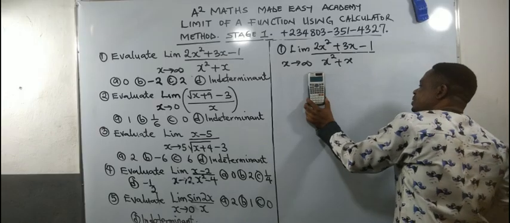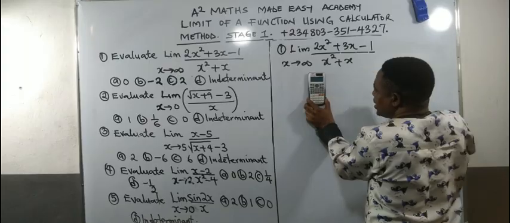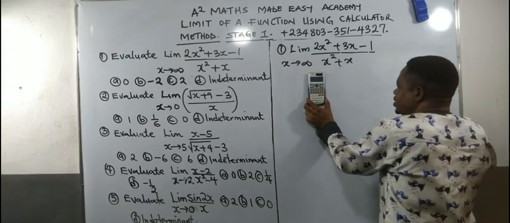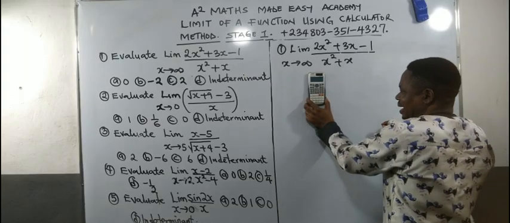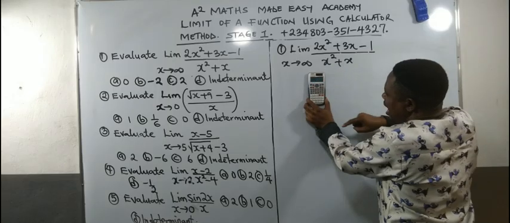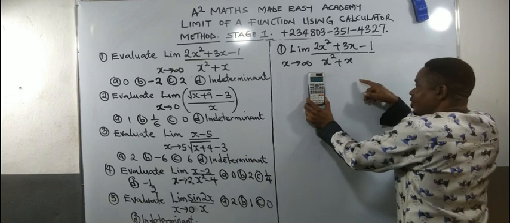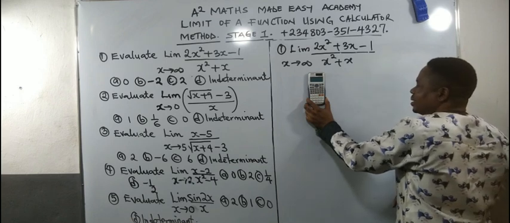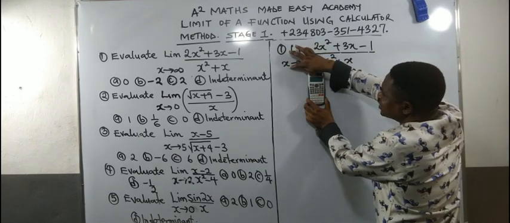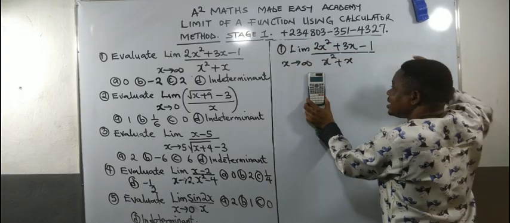Can you observe something here? I am done with what is written outside the limit. Are you with me now? So the next stage is to punch calc. Calc is below shift. I will punch calc. And what it is going to give me on the screen is x, question mark. Now, if you observe the value of x, they didn't give us the actual value that it tends to, but they said it tends to